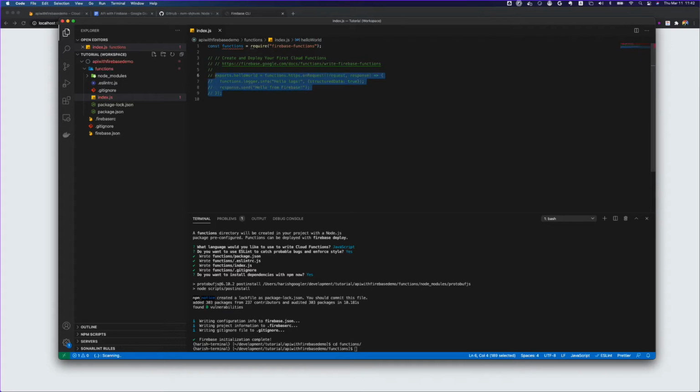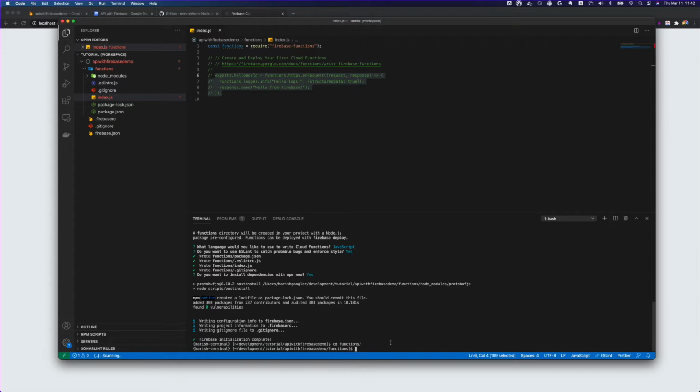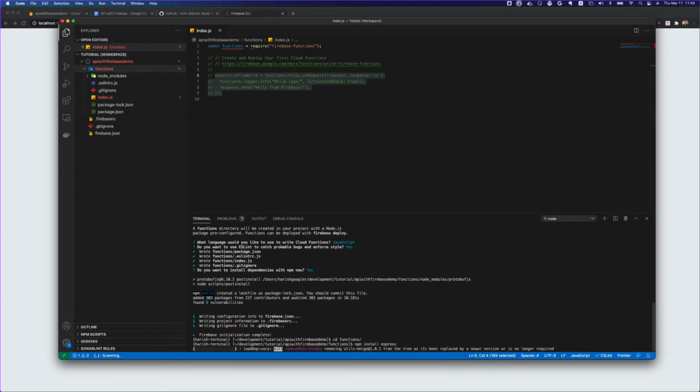So I'm going to comment it again, and what I am going to do is install Express and CORS. CORS is for cross-browser calling, if you want to use that. So I'm going to do that as well. I'm going to do npm install express, and make sure you are inside your functions folder, otherwise npm will start installing outside, and you will have another node_modules in your base folder. So I'm inside the functions folder and running npm install express.